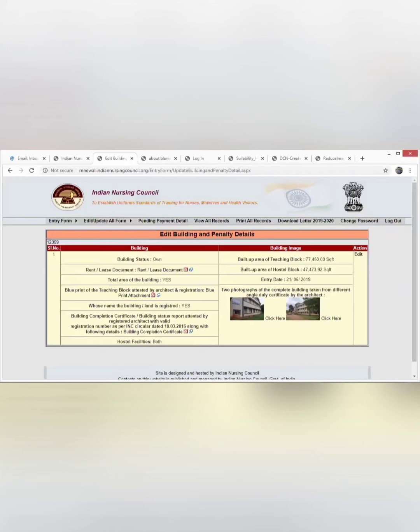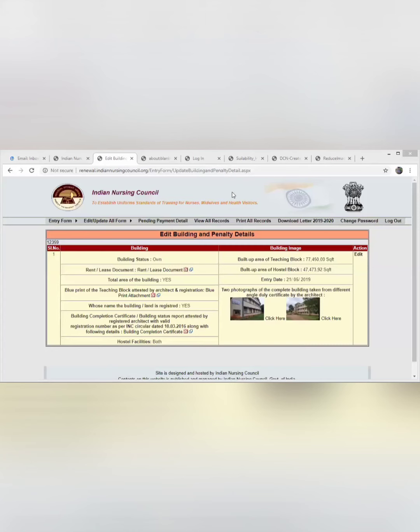If it is an architect, you have to give us his number, certified by the Council of Architecture. Like what is the space, who is the owner of the institution, and in whose name the building is registered. So all these questions we have asked you. So please accordingly give the certificate. If you have not done, if you have been asked with the condition, please do the compliance and also upload the correct certified registration certificate here.